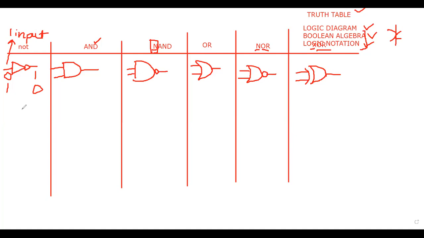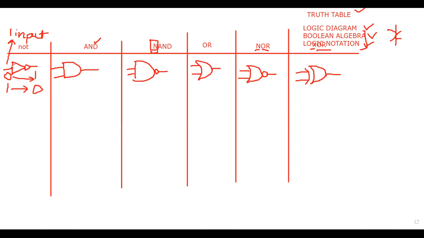Nothing, it's fine. If input is 1, the output will be 0. If input is 0, the output is 1. Okay. Now, based on this scenario, we have come to the conclusion that the NOT gate inverts the thing. It makes the thing opposite.